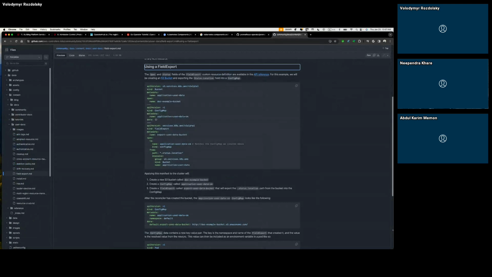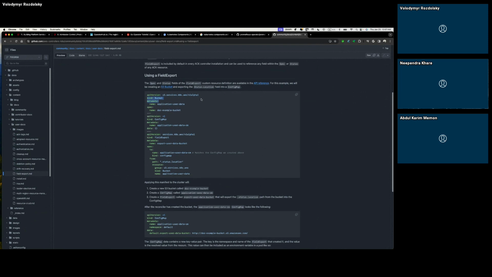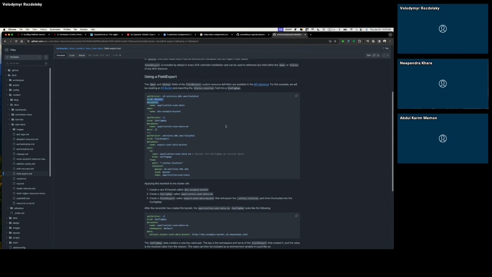Yeah, so if you see the YAML here, right? Alongside config maps and other objects, there's a kind Bucket as well at the top. What this would do is create a bucket in AWS S3. Now this is possible because you might have installed a CRD, which listens for this kind of API object to be created.